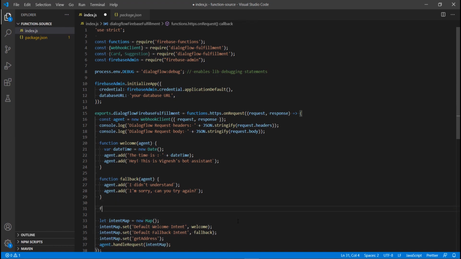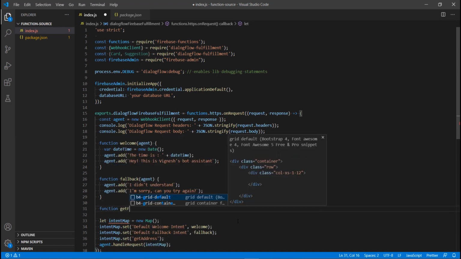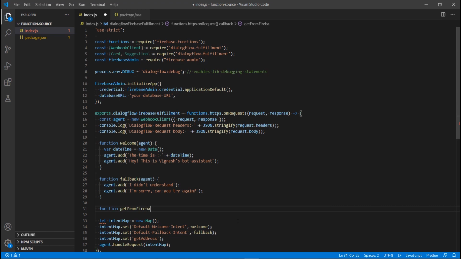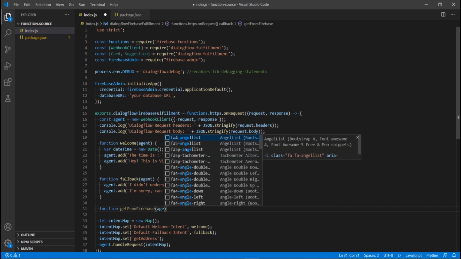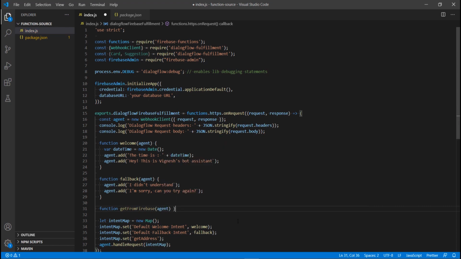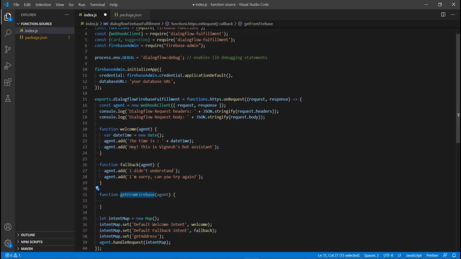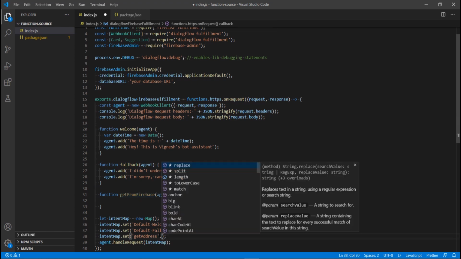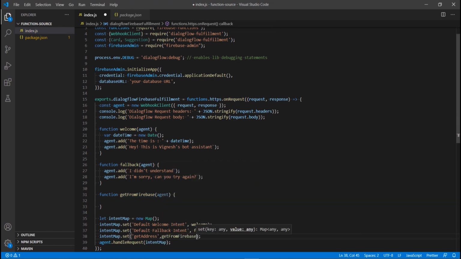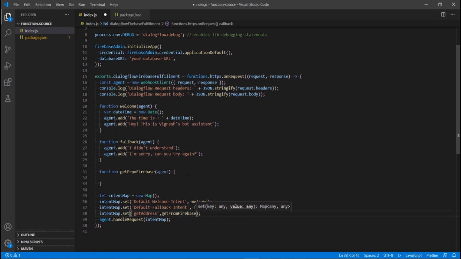I'm creating one method called get from Firebase. And when this get address is called, I'm simply calling this method. Cool. So what we have to do now is get the value from the address node of the Firebase database.